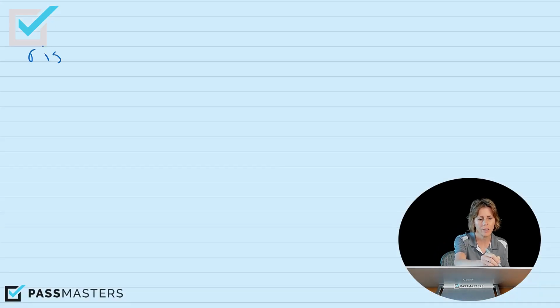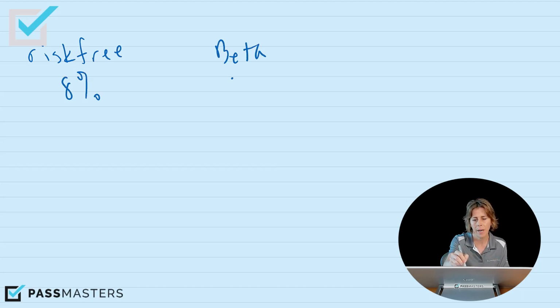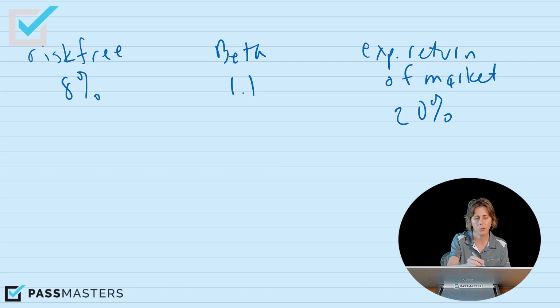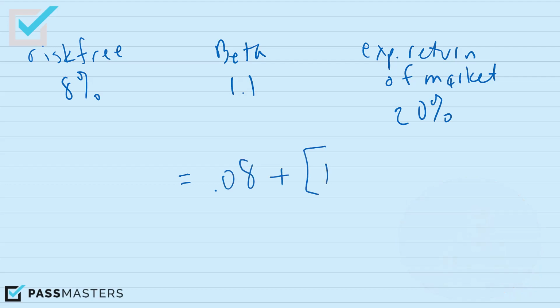Our givens: risk-free 8%, that's really high, but you just go with what is given. Beta is 1.1, and the expected return of the market is 20%. So the formula for the security market line under the capital asset pricing model is going to be risk-free return plus the beta times the expected return of the market minus the risk-free return. So we're going to have 1.1 times 12%